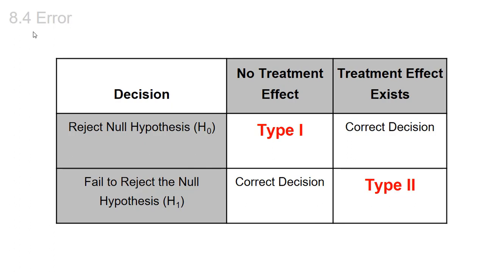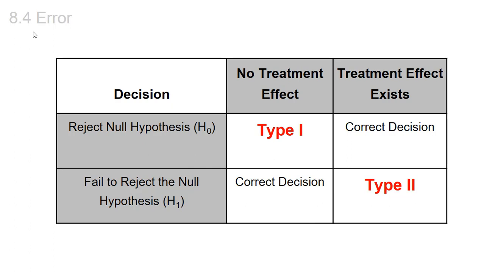So this is a table that kind of explains error in a little bit greater detail. So if you look at the first decision that you can make, to reject the null hypothesis, in other words, we're saying there is a treatment effect, but in reality there isn't a treatment effect, we're committing a type 1 error. If we reject the null hypothesis and there is a treatment effect, it really is true in the real world, that's a correct decision. Now we're also going to talk about a type 2 error,